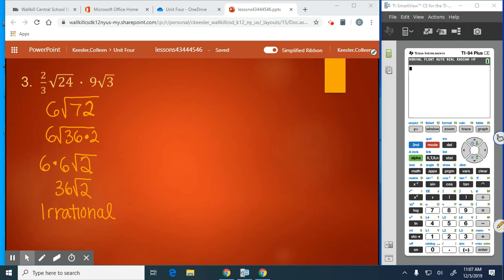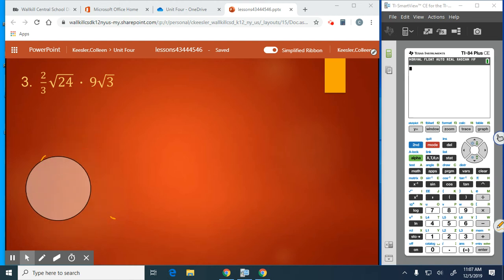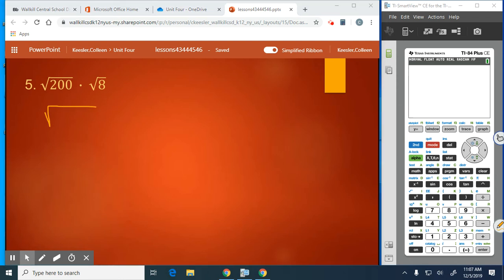Okay, let's take a look at number 4. Here again, multiplying the like parts, we get square root of 1600. Now, 16 is a perfect square, and I have 2 zeros. So since the square root of 16 is 4, it makes sense that the square root of 1600 is 40. But we can check by doing square root 1600. And sure enough,